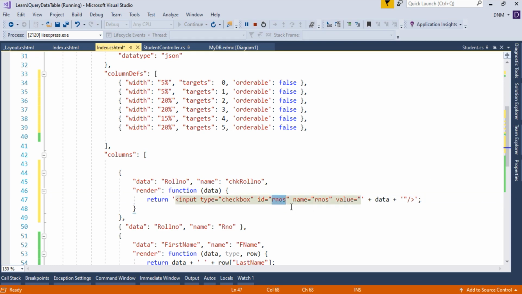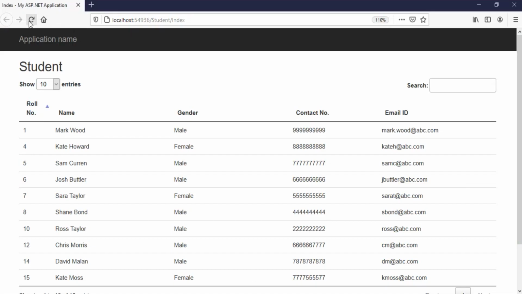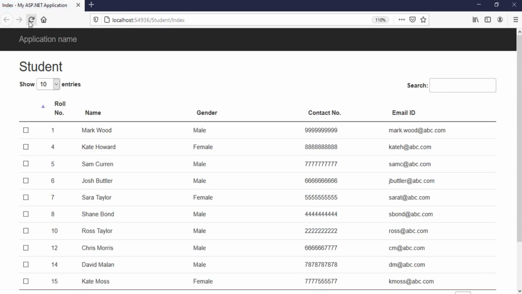Now as we know, whenever we are using client-side scripting, we have to specify the ID attribute also. Many times your ID attribute value and name attribute value match, meaning they should be the same. So we're done with this part now. Let us check the output in the browser, but first of all let me save this because we did changes here. So here I am switching to browser and just refreshing it.